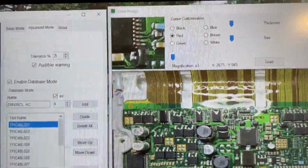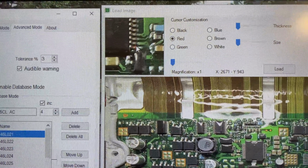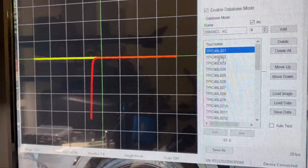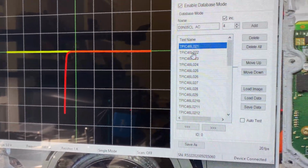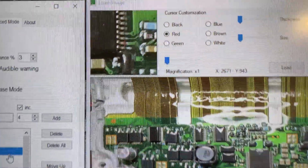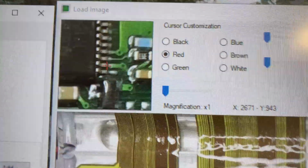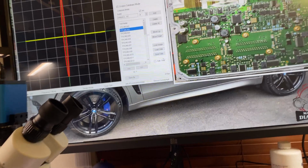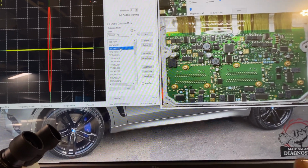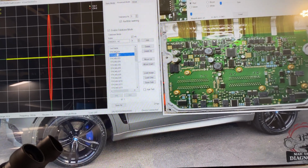And so as you can see, this is in pin 1, as is in here. If I click now on pin 2, which I already have, that's the waveform. By the way, if I click on the number 2, you can see that the waveform changes, and so does the X. It goes now to pin 2, and so is in here. So I can now use that when I replace these components, to run the test, because I now have this